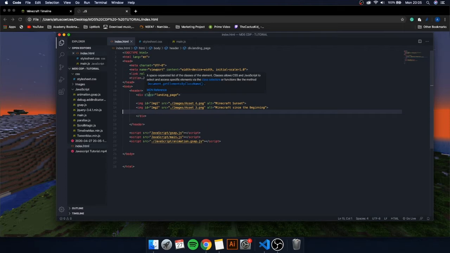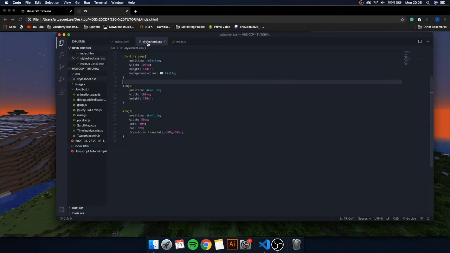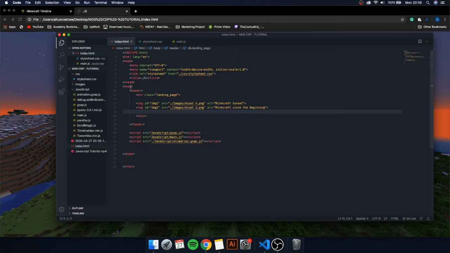Firstly, I'll just go through some of the code with you. We have our normal HTML setup, the boilerplate, and then there's the style sheet that's linked here. Firstly, we have a body tag, inside there's a header, and inside the header we have the landing page, which is now this, and inside that we have the two images. One is the sunset background, and the other one is the "since the beginning" text. Below that, we close the div and the header, and then inside the body tag still, we have our scripts. So we are calling on the GSAP script,